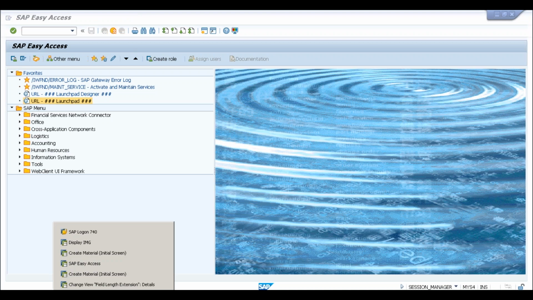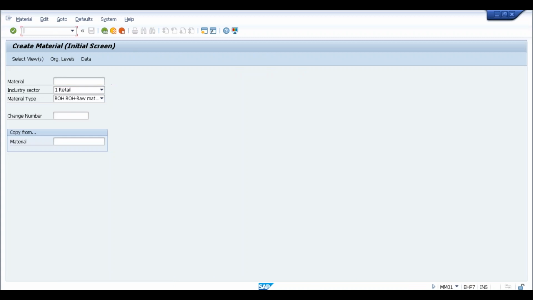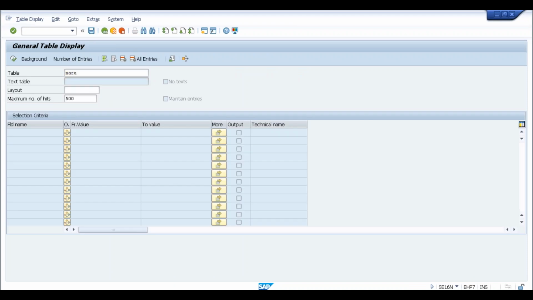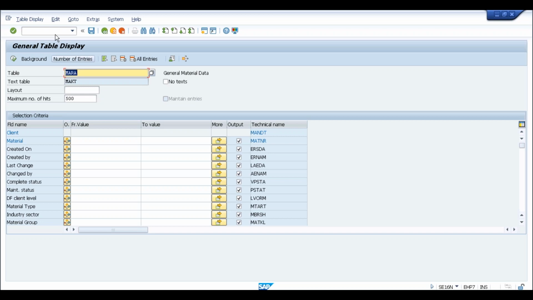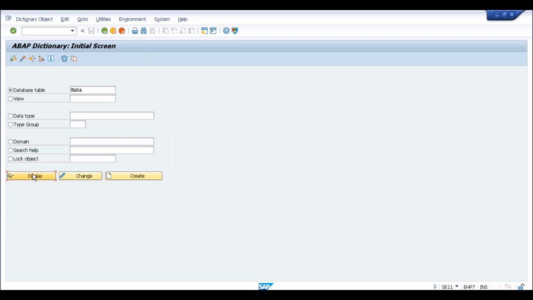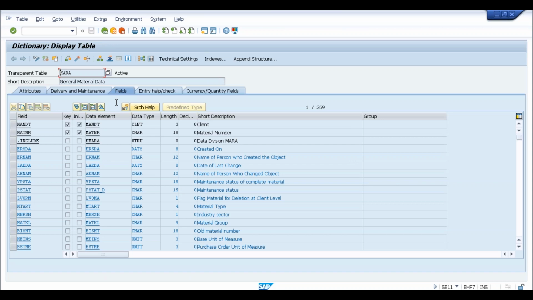Okay, very importantly, the MARA table. So I'll go to my EHP7 system. Instead of SE69, it will be good if I go to SE11. What you can see here is in table MARA, the material number field MATNR has a length of 18